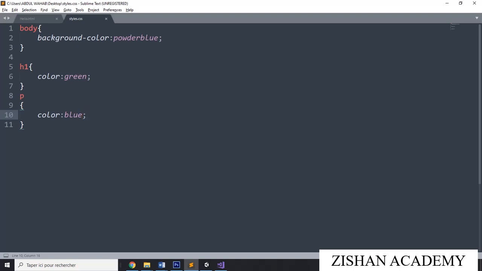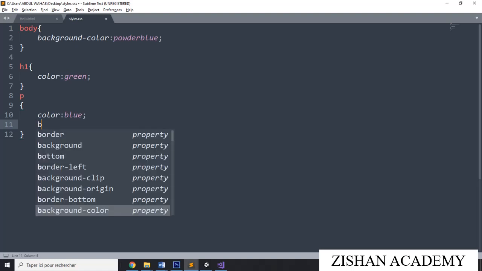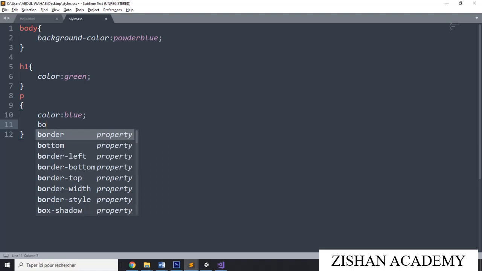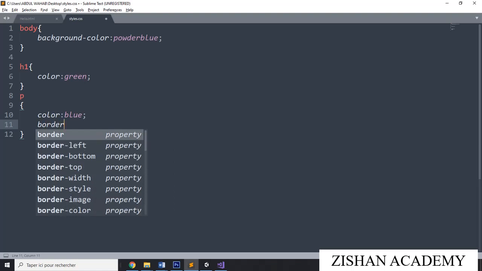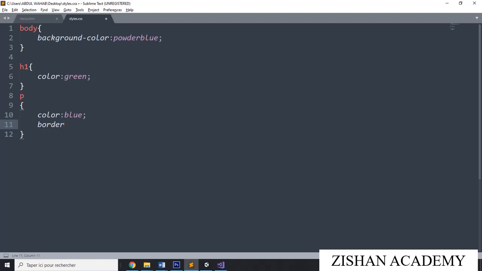After this color, we can give the border. Then colon here. You can give any pixels here.